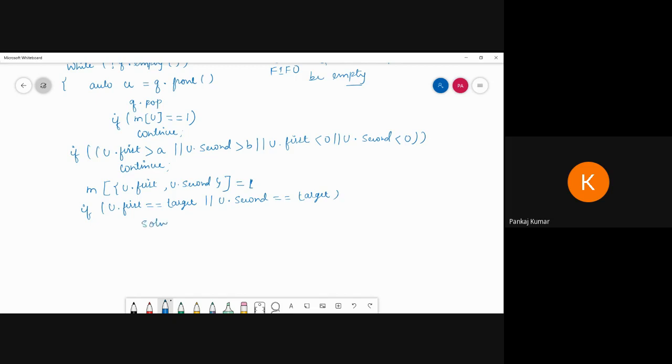We have to call the solve function, and the value is put to true. When we define the solve function as boolean false, then we have to put true. Then we have to print the path. Print path, we can call mp comma u. So we have to pass the print function mp comma u.